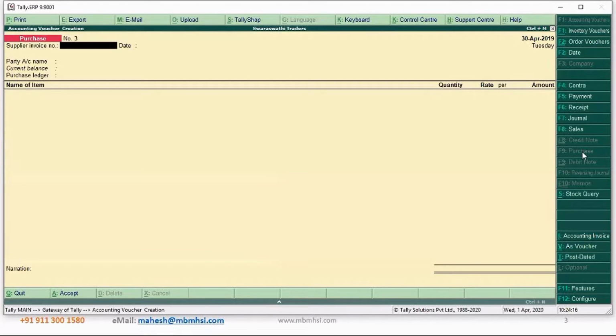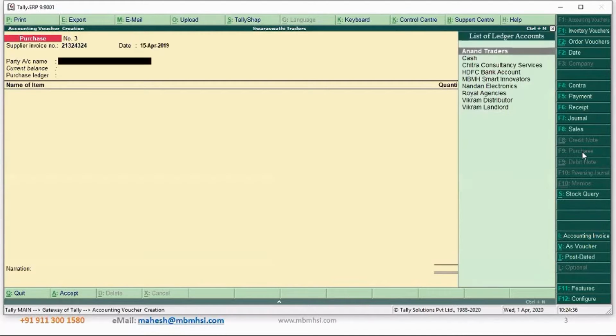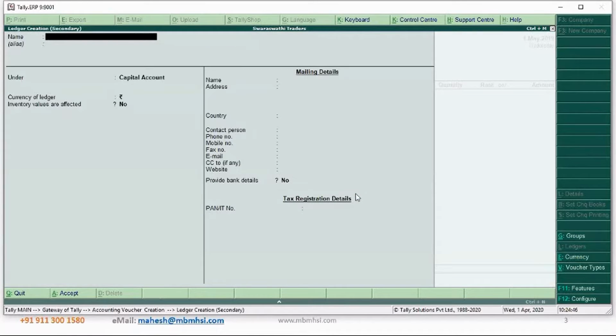Say example, I'm just changing the date on 1st of May. Okay. We are purchasing from one of the suppliers in New York. Okay. So we need to maintain his accounts and we need to do the purchase. Okay. So the supplier invoice number, there is a supplier invoice number. Okay. On 15th of April, he has done an invoice to us. So I have a new supplier which is not listed out here. I need to create. So I'm just pressing Alt C for create. Alt C for create on the ledger screen. Okay, at the party field.